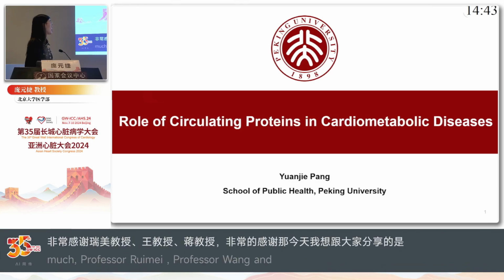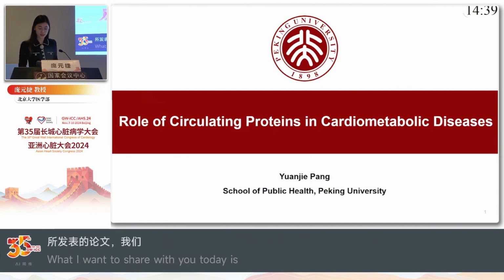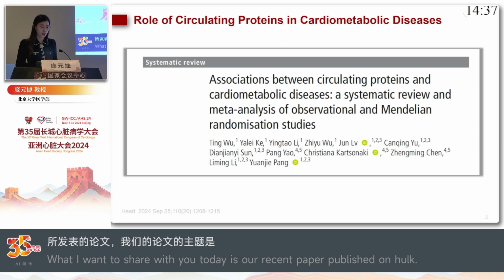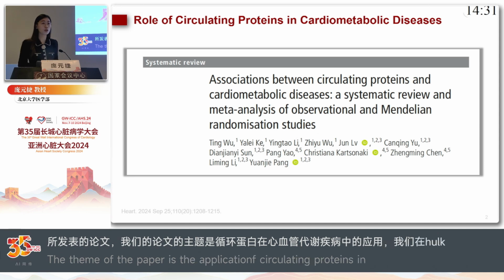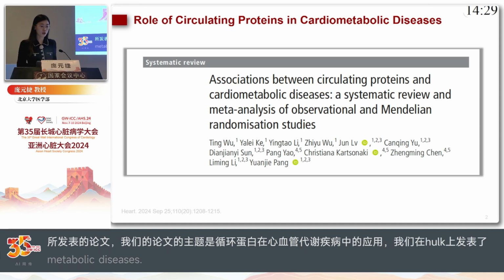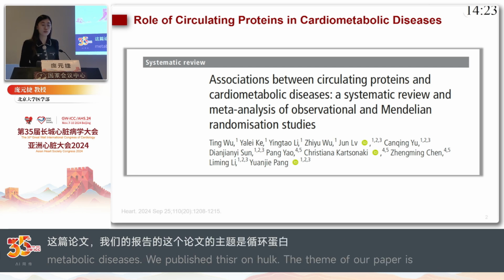The title of my talk is Role of Circulating Proteins in Cardiometabolic Diseases. We recently published this paper in Heart. The title is Associations Between Circulating Proteins and Cardiometabolic Diseases, a systematic review and meta-analysis of observational studies and Mendelian